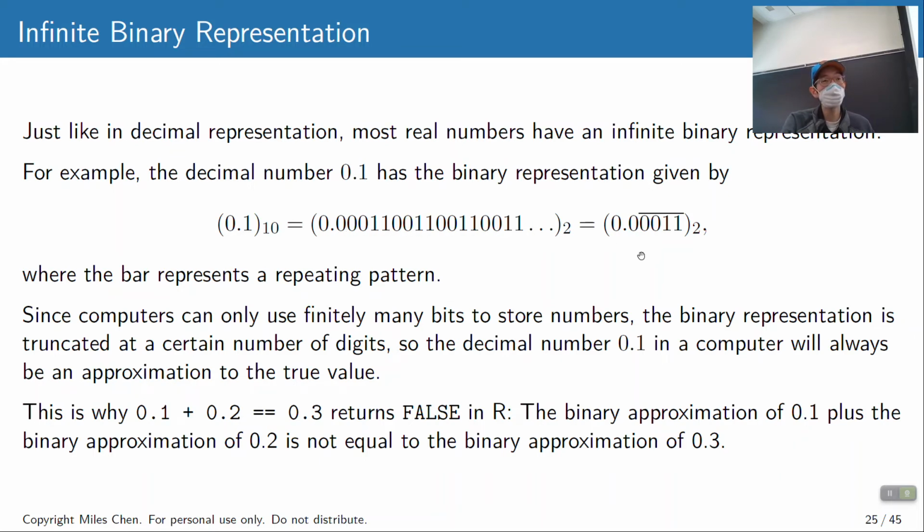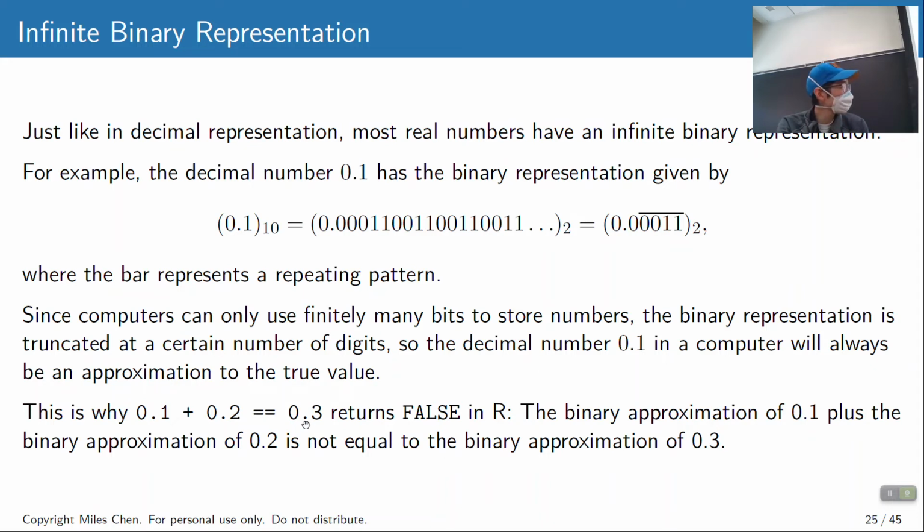0.0001100110011, and so on and so forth, off to infinity. Okay, and so we'd have to take the 0011 and repeat that infinitely many places, and again, we don't have infinite storage, so we're going to represent things approximately. We have to kind of truncate this off somewhere, and